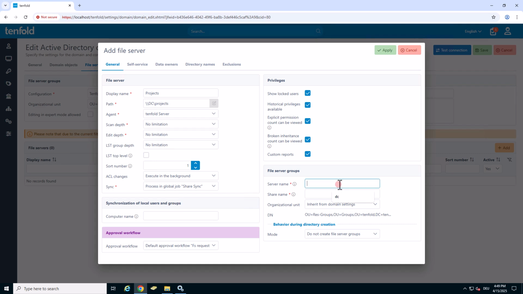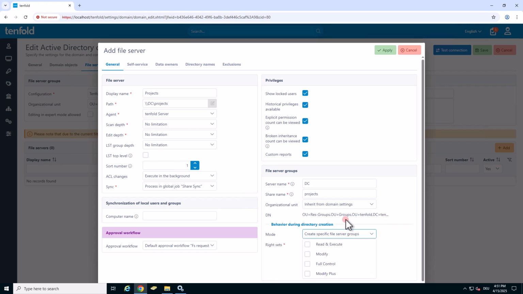Depending on what you decided in the preparation, you might need to set a server and/or share name. If you create new directories via Tenfold, you can choose to create specific file server groups while creating the directory.